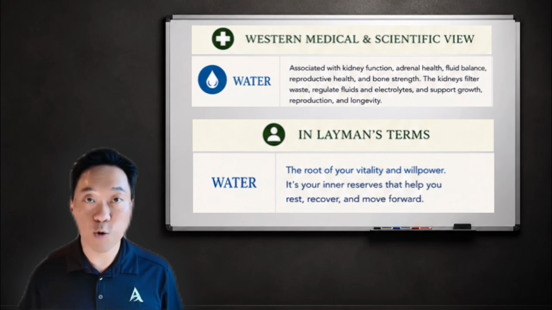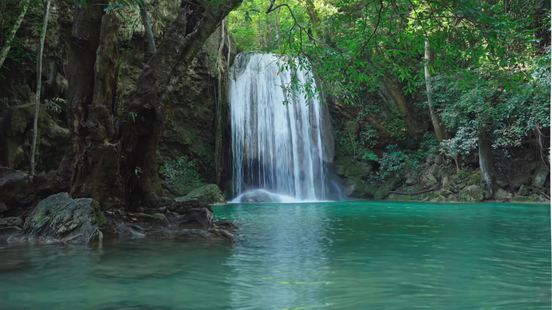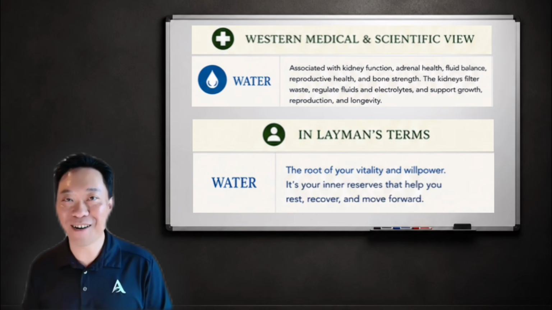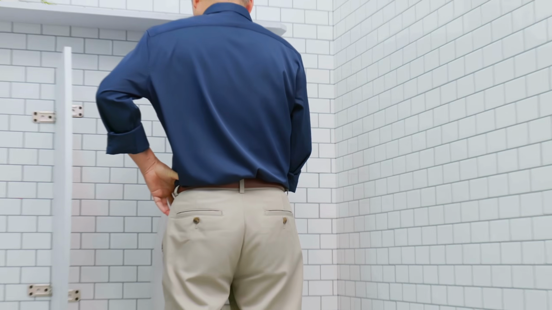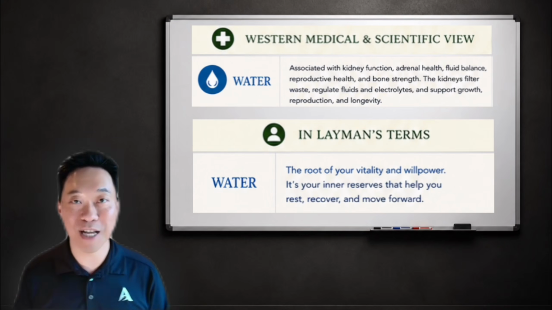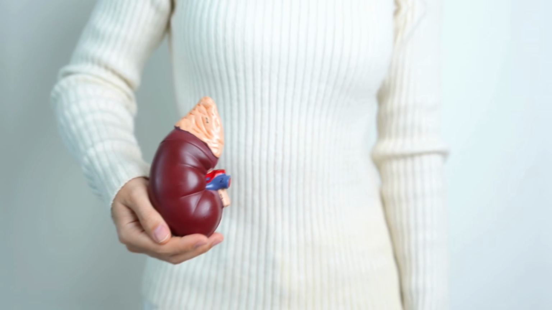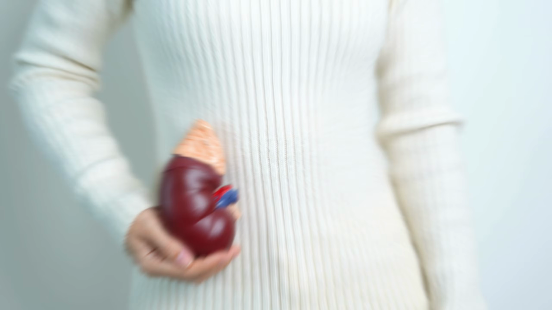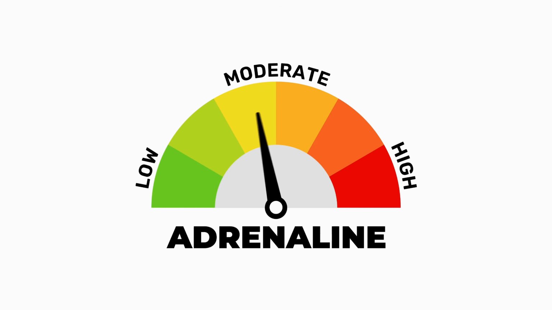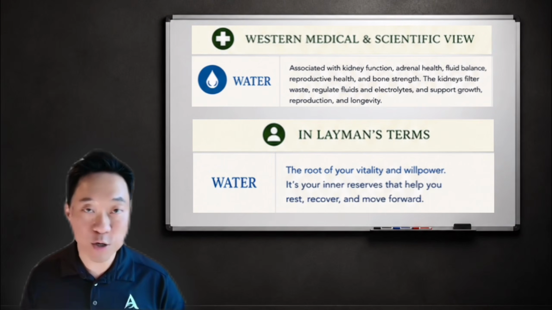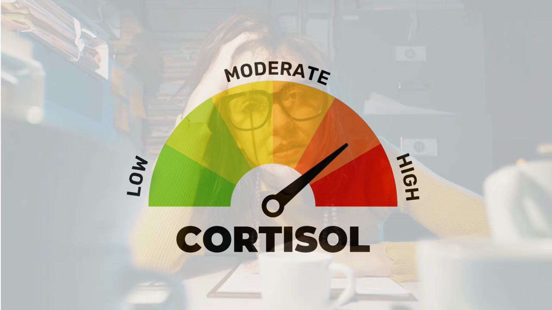Next is water. This is the one that most people can probably relate to the most. Kidney and urinary bladder because it helps with water metabolism and you urinate, right? So also adrenal health. This is what most people don't realize. The adrenal glands sit on top of your kidneys. Your adrenal glands are the hormone organ that secretes adrenaline, right? Your fight or flight. And cortisol, right? So your stress organ, stress hormone.